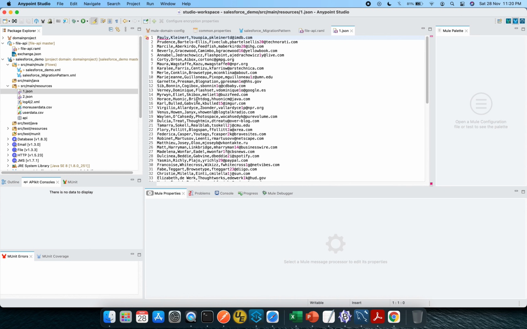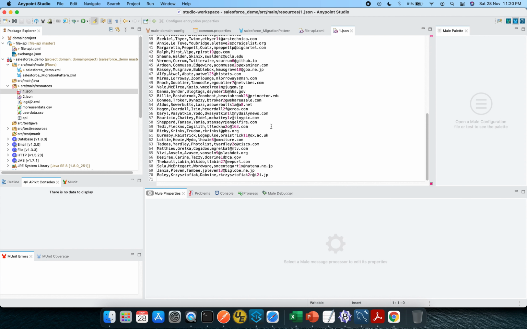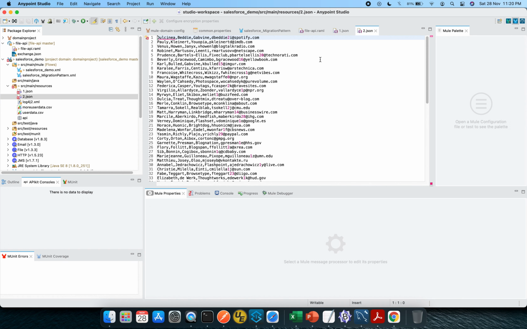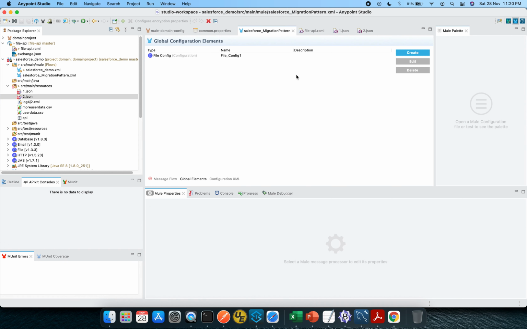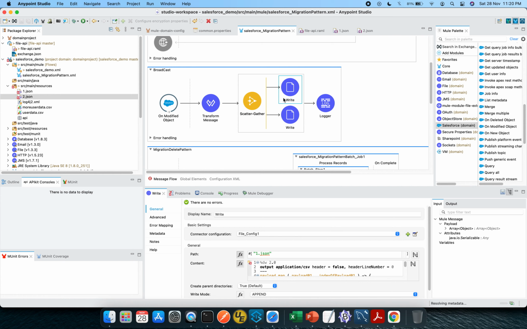So one.json is having these particular values, 70. Okay, so the idea here is that you can have any other call based on the modified object. You are calling some other systems, doing some other logic.